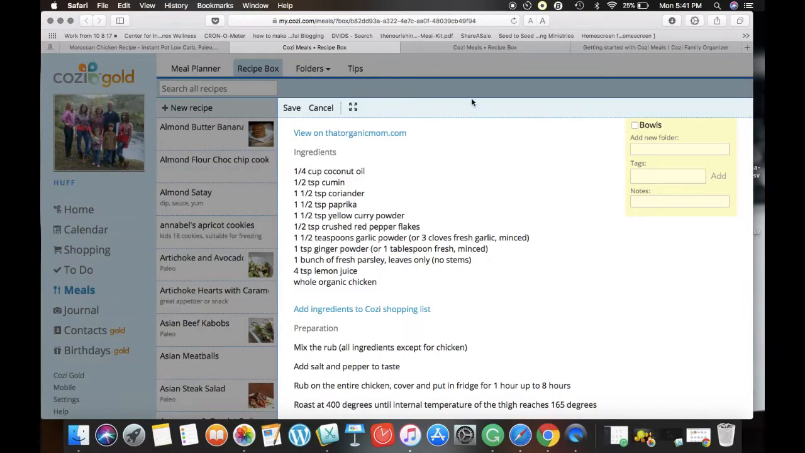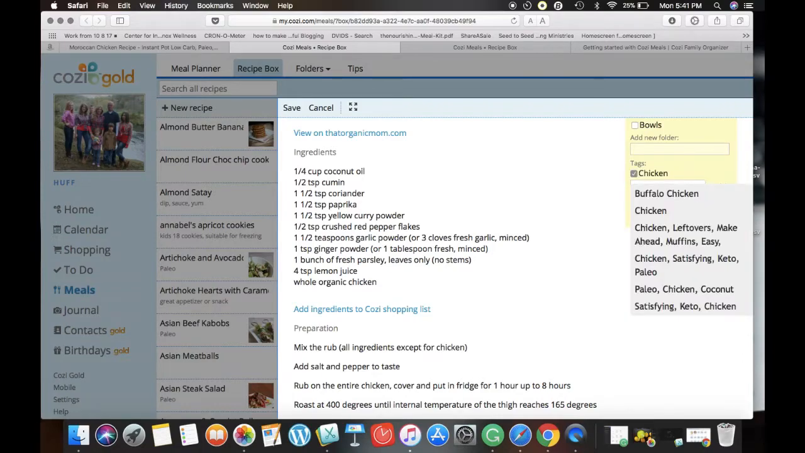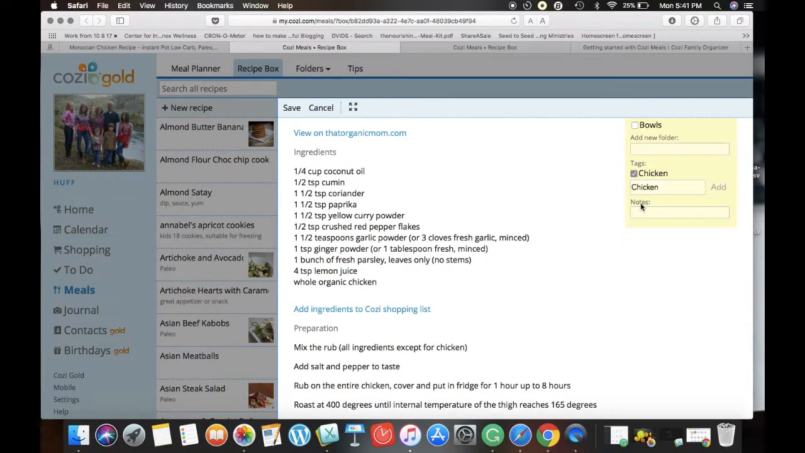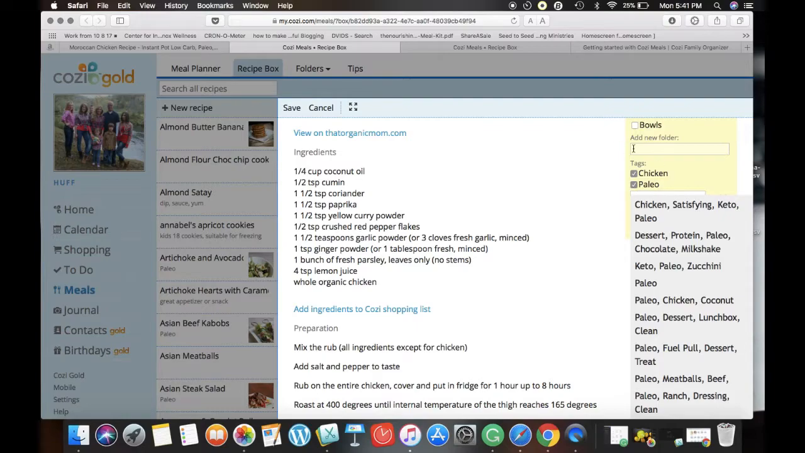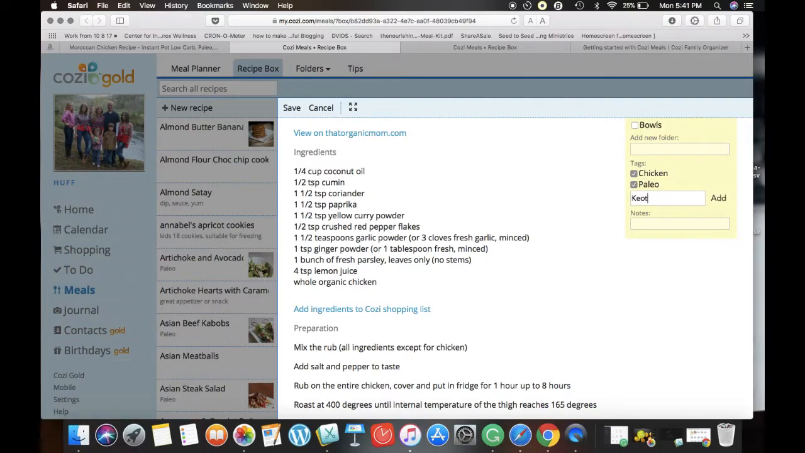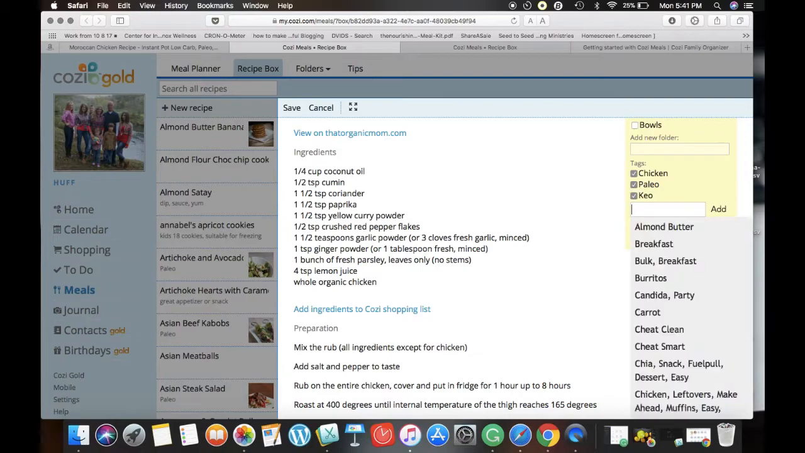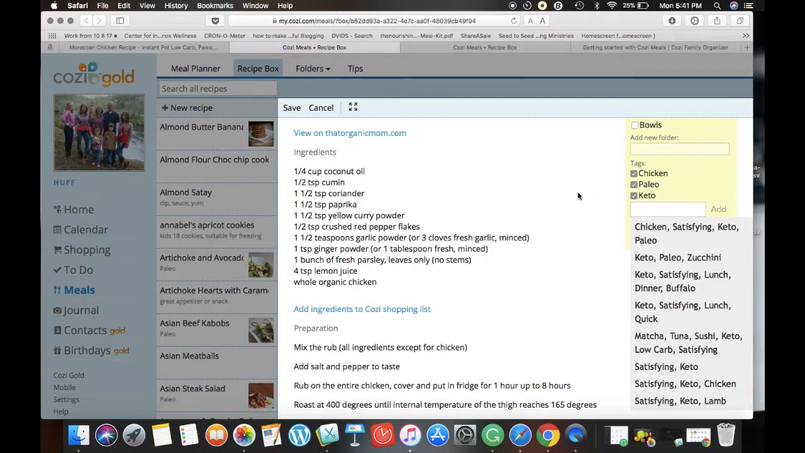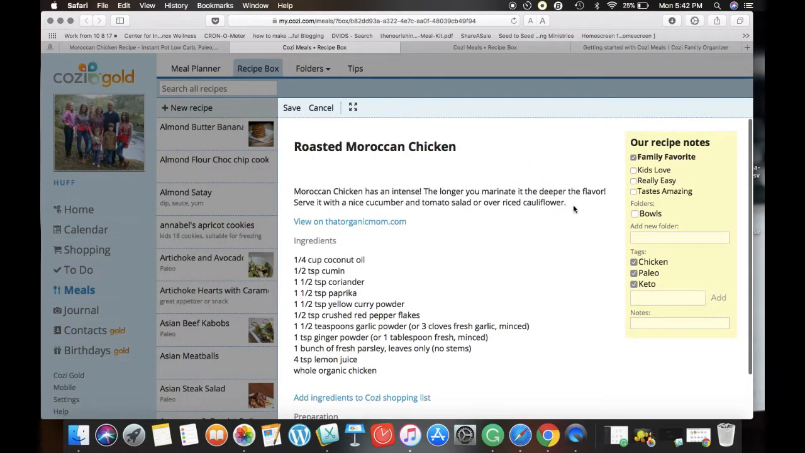I'm going to add this as a favorite, and I'm going to tag this recipe. I'm going to make it easy to find by typing in chicken. I'm going to add that as a tag. And I'm also going to add, so whatever you like. If you're doing a recipe, oops, no, I don't want that. So if you want, I can't type. So you can add your notes there, and then